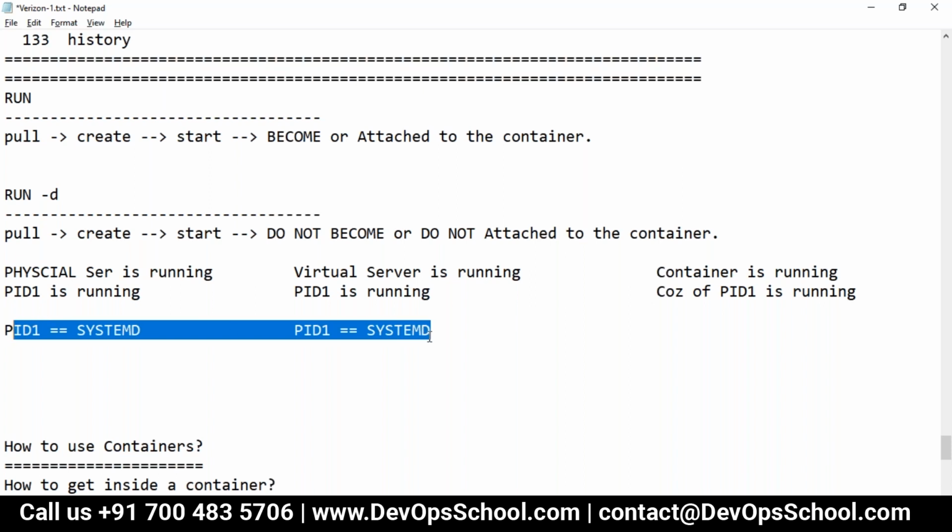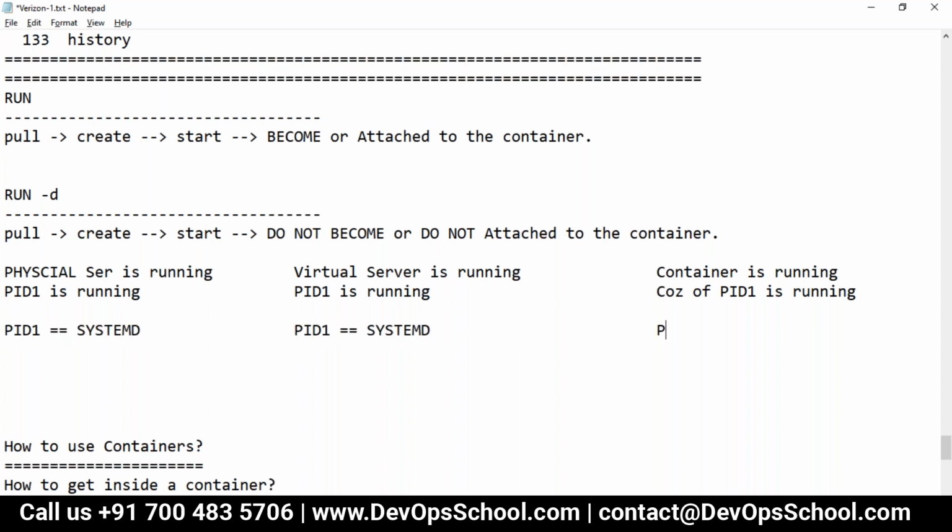But you know what? In the container, PID 1 can be anything. When I say anything, I mean anything literally. Don't tell me this or that.